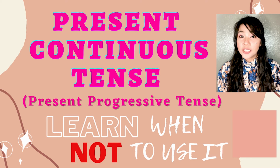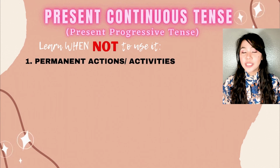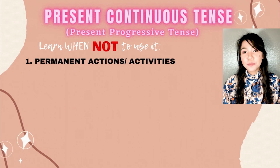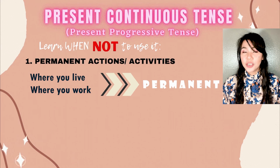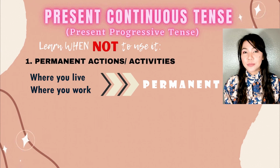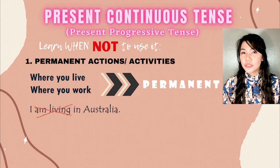Let's look at when not to use the present continuous tense. So we cannot use the present continuous tense to talk about any permanent actions or activities. For some people, where they live and where they work are more or less permanent. They don't change every day. They are not temporary. For example, so if you live in Australia all the time, it will be wrong to